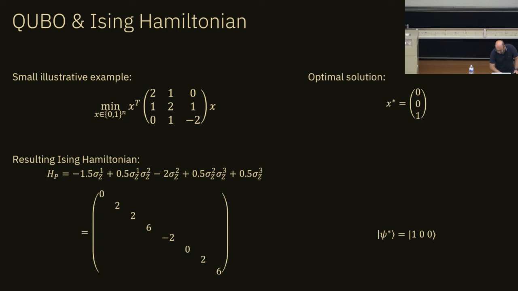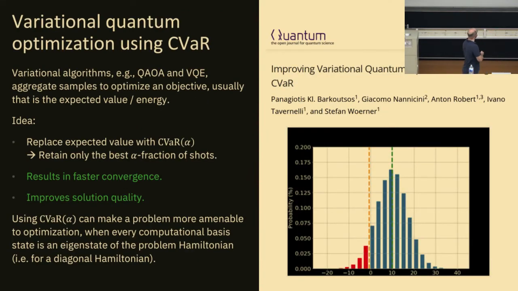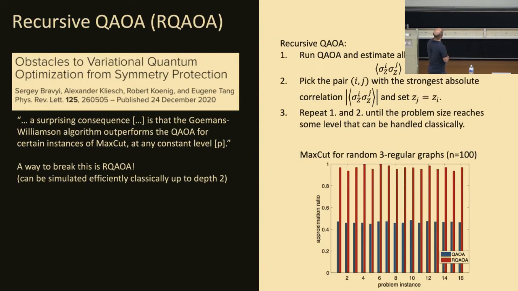All right, let me get back. That's about the CVAR. It's a small change, but in our simulation and hardware experiments, it had a huge impact. Now, the other one is the recursive QAOA. So far in QAOA, we run the algorithm, we sample from the qubits, and we take the full bit strings. And recursive QAOA kind of breaks this assumption. And this is to address this point that I mentioned earlier, that at constant depth, classical algorithms can outperform QAOA.